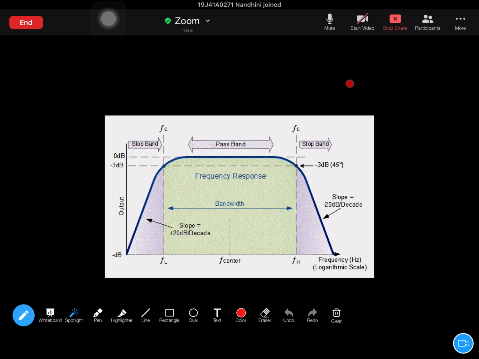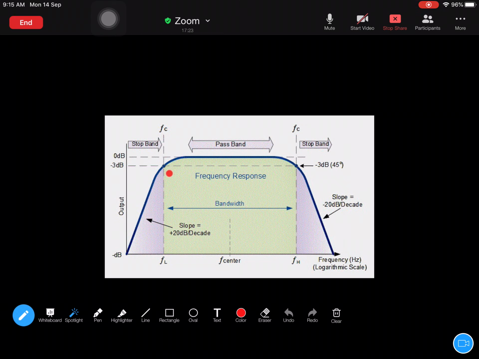So when you multiply Vm by root 2 and Im by root 2, you will be getting Vm Im by 2, which is nothing but power gain. The maximum power gain is given as Vm Im, so you will be getting power gain by 2, half the power gain, at this point. Here at the mid range you will be getting Vm into Im, but at FL you will be getting Pm by 2, which is half the power gain.